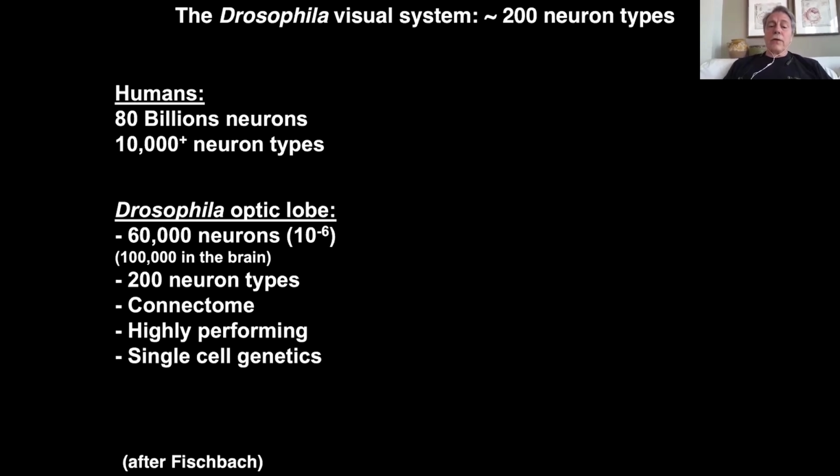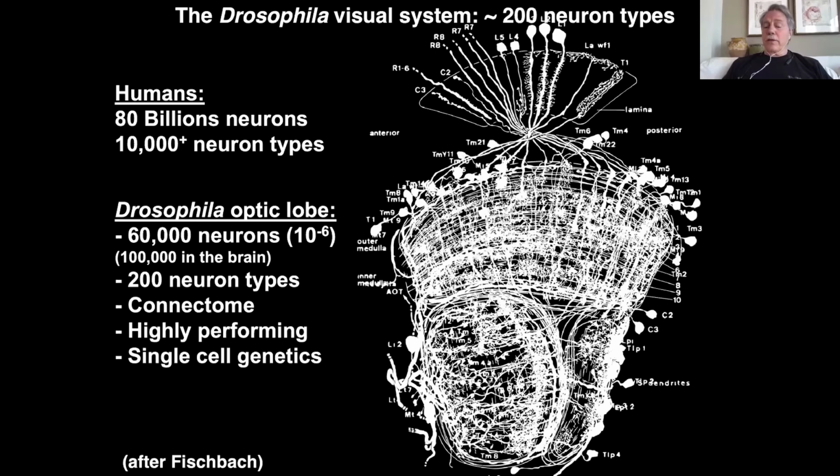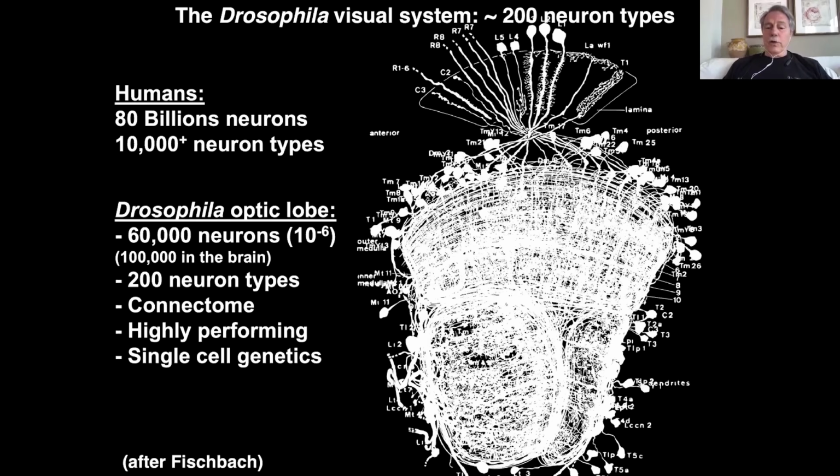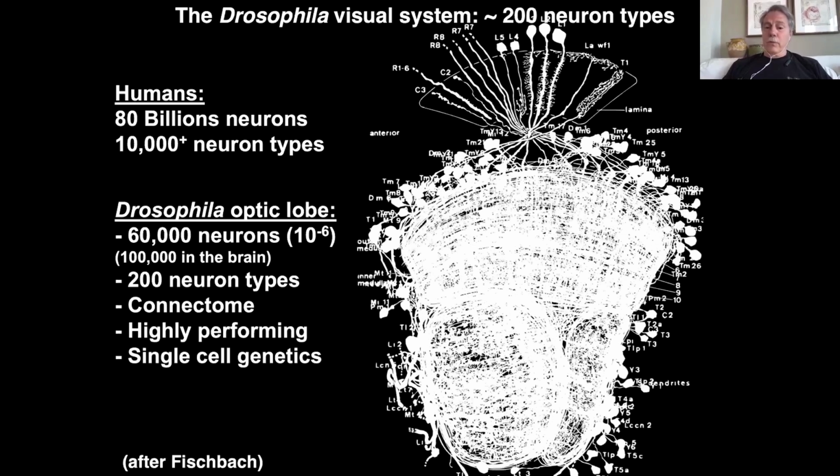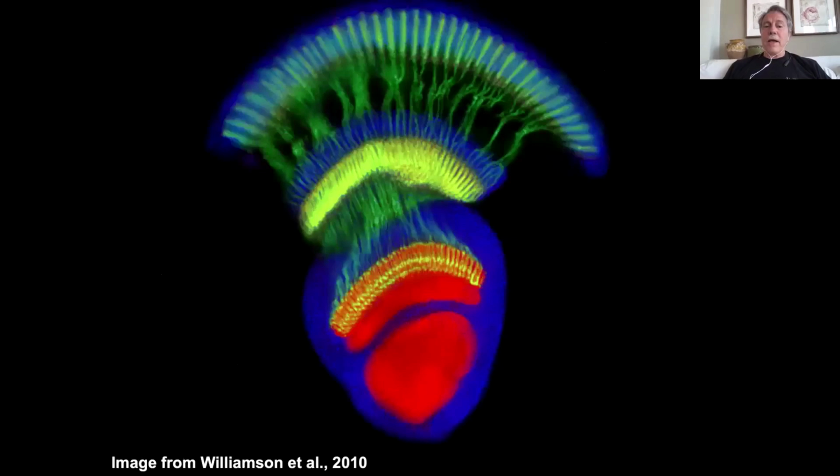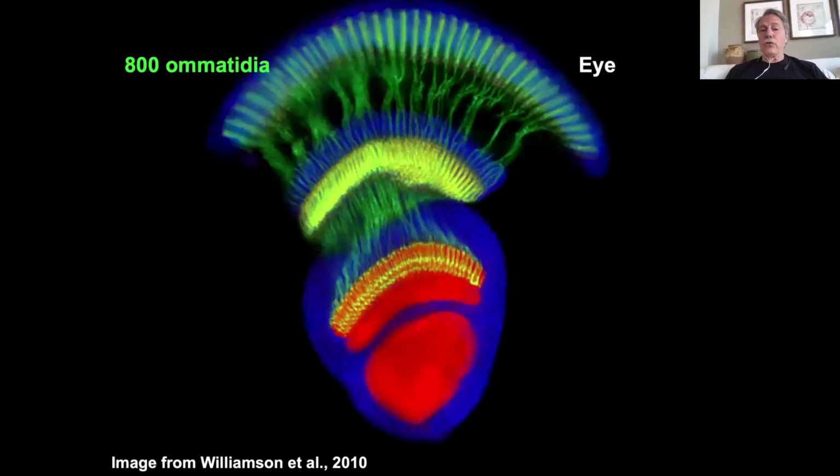Again, we know quite a bit about the neurons, going back almost 40 years ago when Fischbach defined most of the neurons based on morphology, and you can see it is still a very complex structure. I'm going to try to describe it to you and see how we can understand how it functions. This is a picture from Robbie Singer's lab, which beautifully describes how the system is organized. In the visual system, the eye has about 800 unit eyes, basically detecting 800 pixels, very low resolution, but still very highly performing eyes.